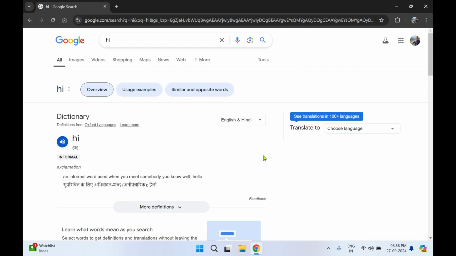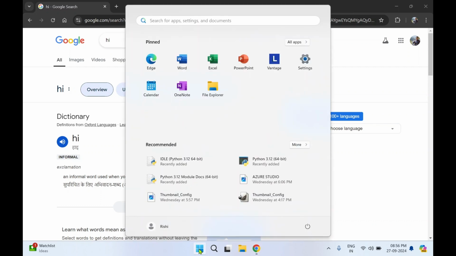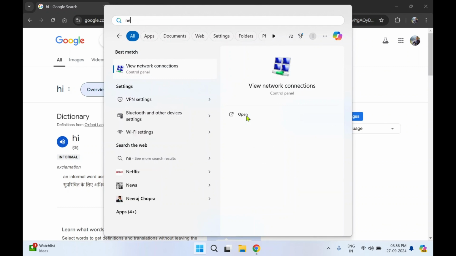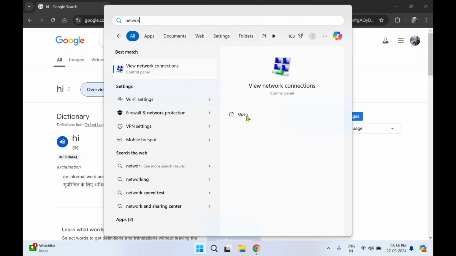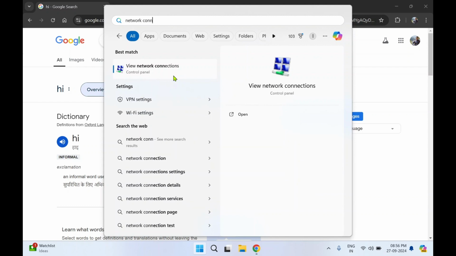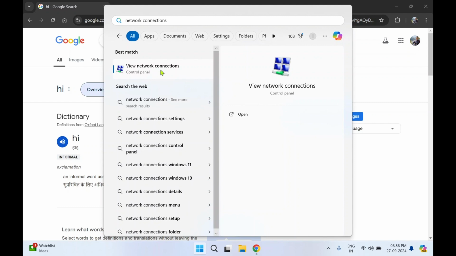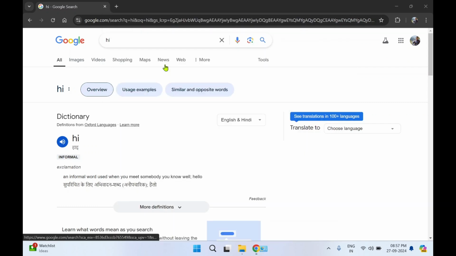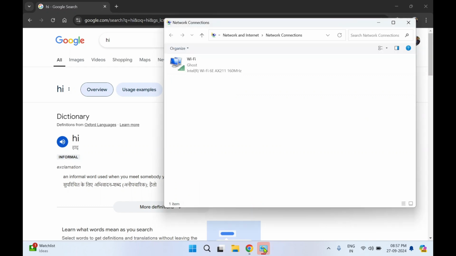If I want to disable an internet connection, you can click on Windows. Over here in search, type network connections. You'll get the view network connections option. Double click it. It will open. Let's get it